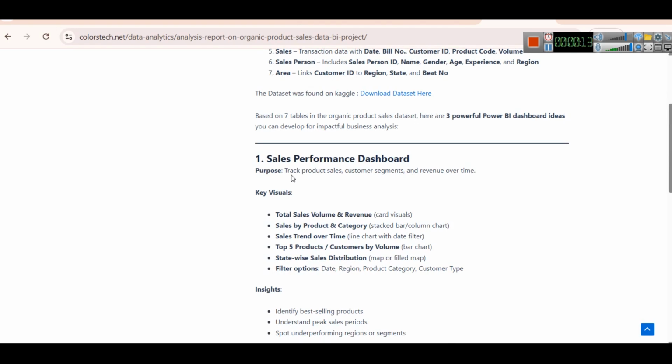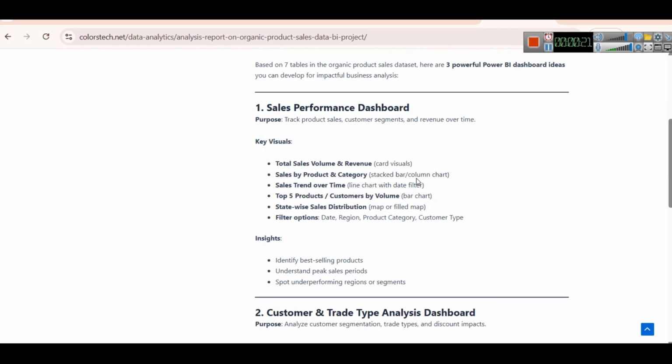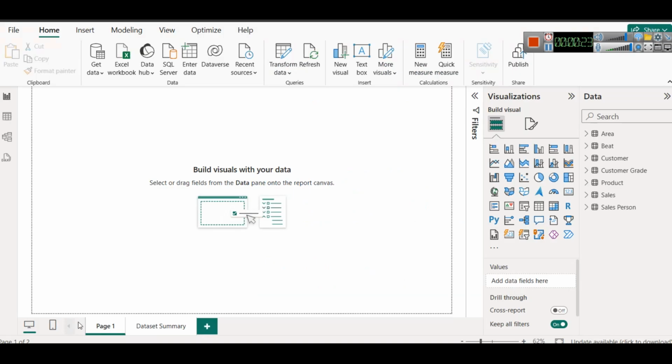First will be the sales performance dashboard, and its purpose will be to track product sales, customer segments and revenue over time. So we will rename it as sales performance dashboard,